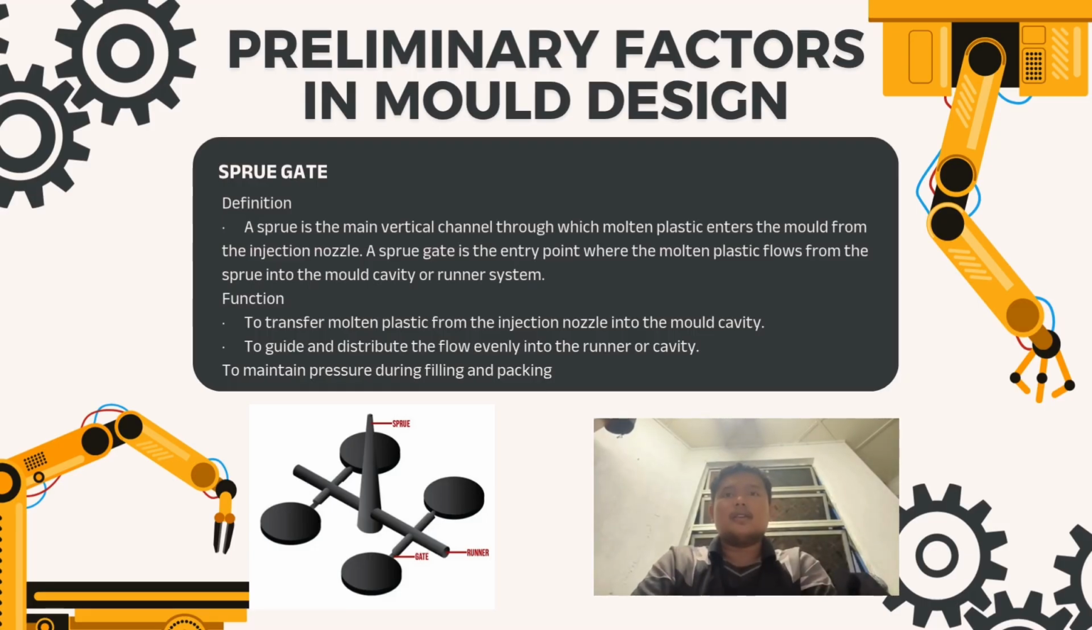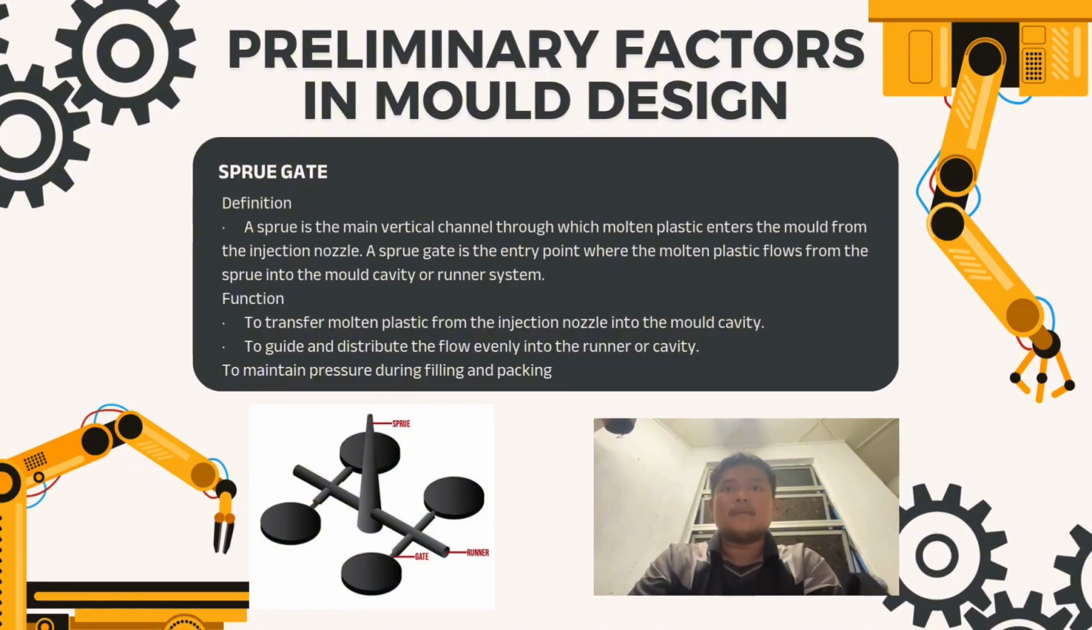Okay, next is the sprue gate. By definition, a sprue gate is the main vertical channel through which molten plastic enters the mold from the injection nozzle. A sprue gate is the entry point where the molten plastic flows from the sprue into the mold cavity